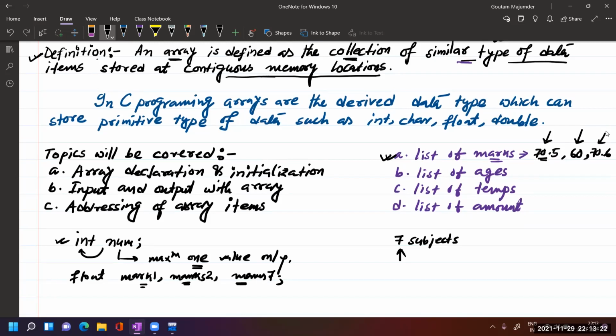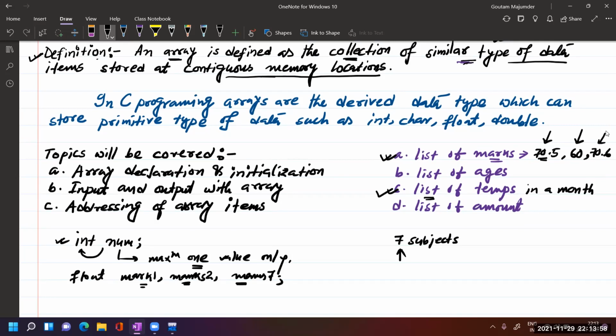But now think about this: how are you going to represent a list of temperatures in a month with variable names? We have a minimum temperature per day and a maximum temperature per day. So how many variables do we need? 30 days, 2 values per day, so 60 variables we require. Do you think it is a feasible solution? Your program would have 60 different variables holding similar types of values. This is the point: similar type of data.